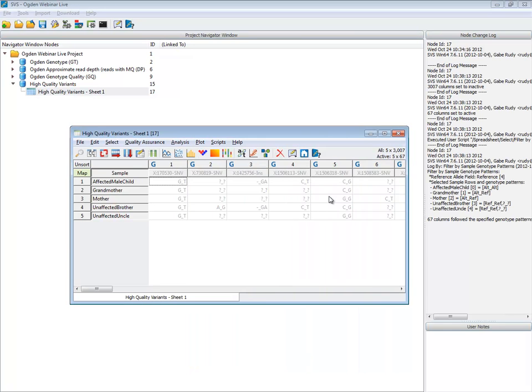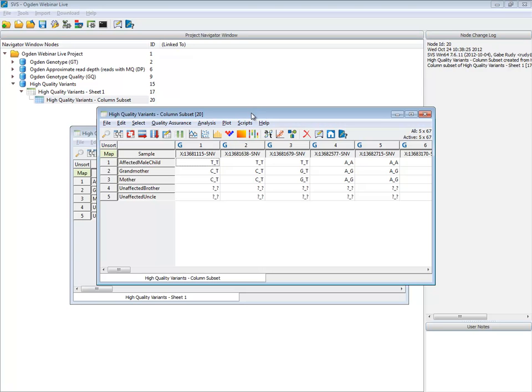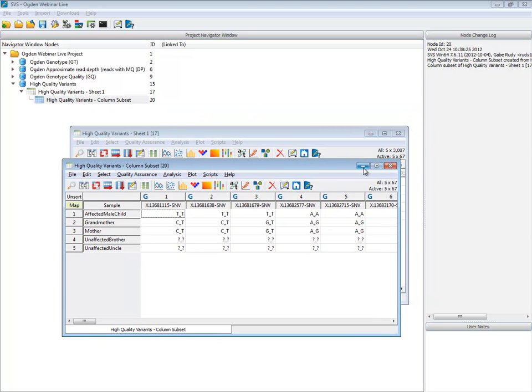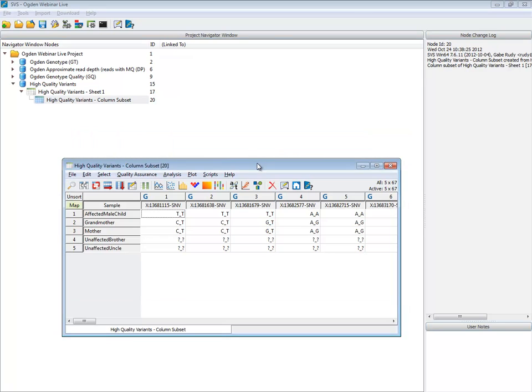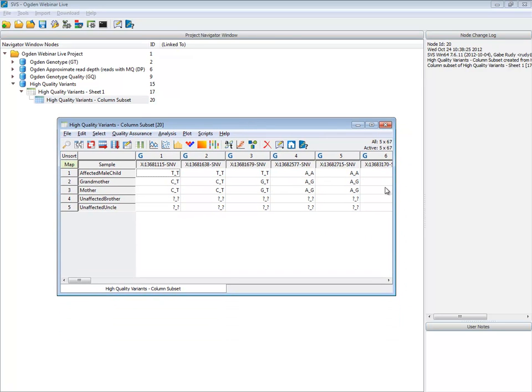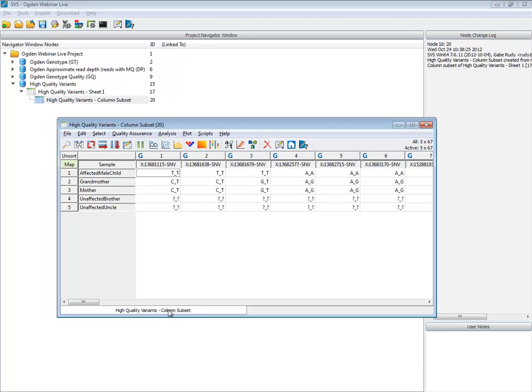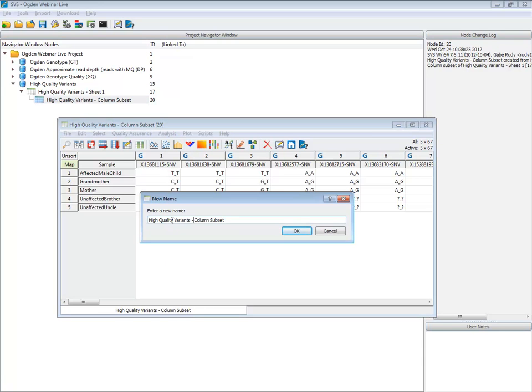As we apply that filter, we take it down from 3,000 variants to a meager 67 that match that inheritance pattern. This is why experiment design can be so effective at getting to a robust conclusion, because even with just that information, we have a very manageable set of variants remaining. So let's rename this as our high quality candidate variants.